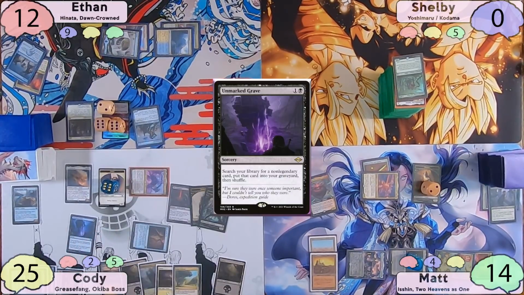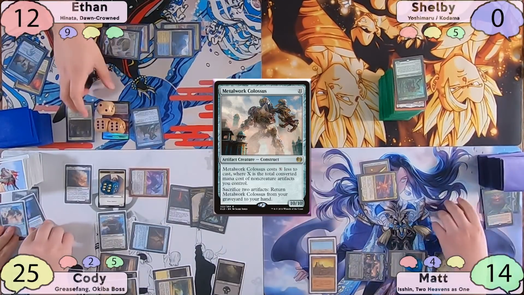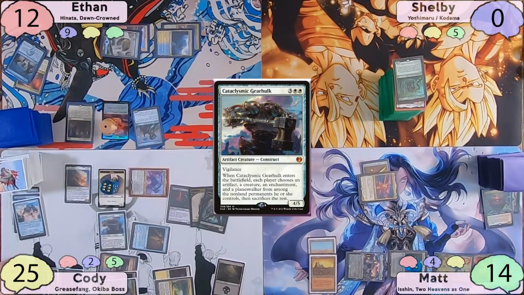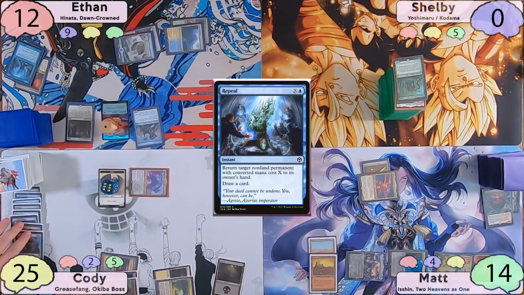Post-combat, Cody casts an Unmarked Grave to put a Metalwork Colossus into his graveyard. After that, Cody drops a Cataclysmic Gearhulk. Ethan will respond by casting Repeal X is equal to 8, targeting Parhelion. The Gearhulk's ability will resolve, so Ethan keeps a treasure,